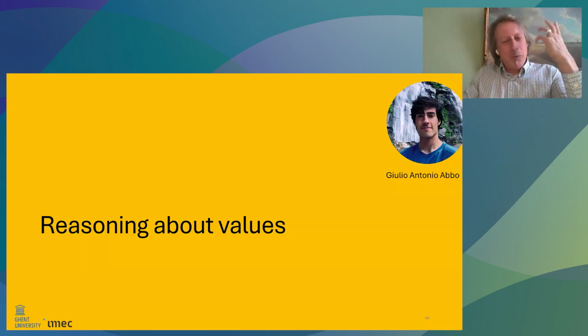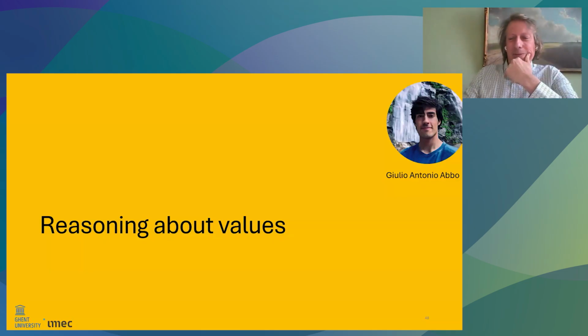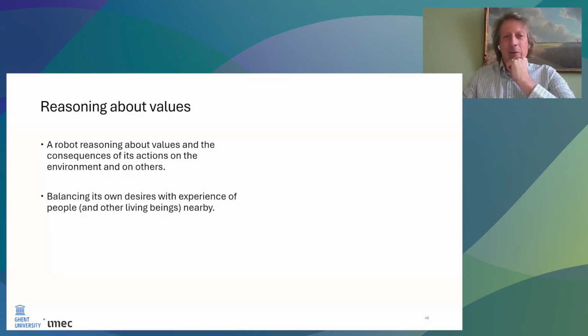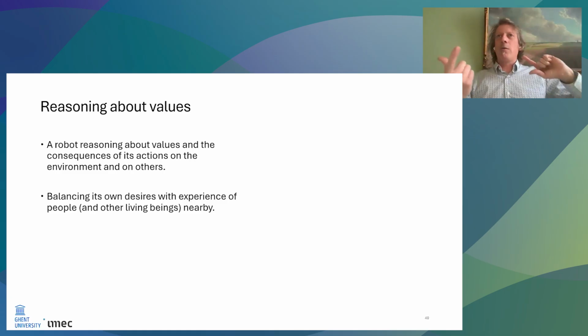One of the things we also want to have a look at is robots that actually do the right thing. One part of the research is looking at robots that understand the values that people have. Values are these things that govern everything we do from the moment we wake up. When we put the bins out, how far we stand from someone, how loud we speak, all governed by values. And we want the robots to understand human values as well,